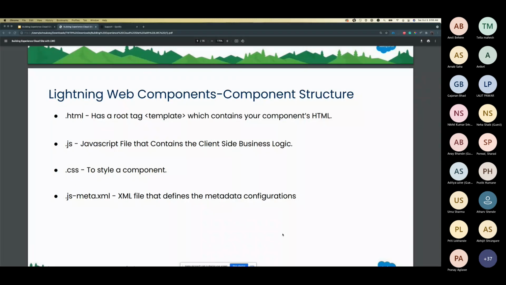Then you have a CSS file, which you can use to design your component. And the last one is the JS meta XML file, where you define the API version of that component, whether that component is activated or not, and which page you want to use it on. All metadata related configuration goes in the JS meta XML file.